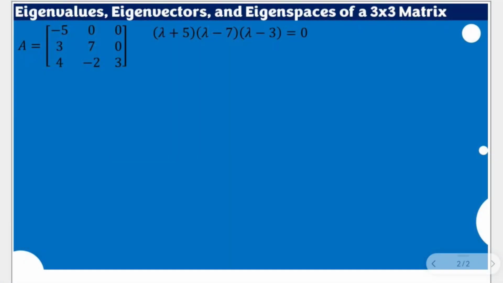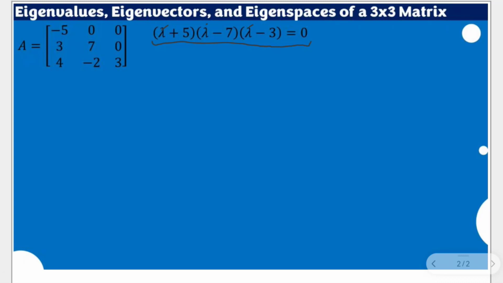We are going to solve for the eigenvalues, eigenvectors, and eigenspaces of this given 3 by 3 matrix. Here, we are already given this characteristic equation that we were able to solve in the previous video. You might want to review that, as to how we arrive at this form of characteristic equation. Here, we are going to use this in solving first for the eigenvalue represented by these lambda